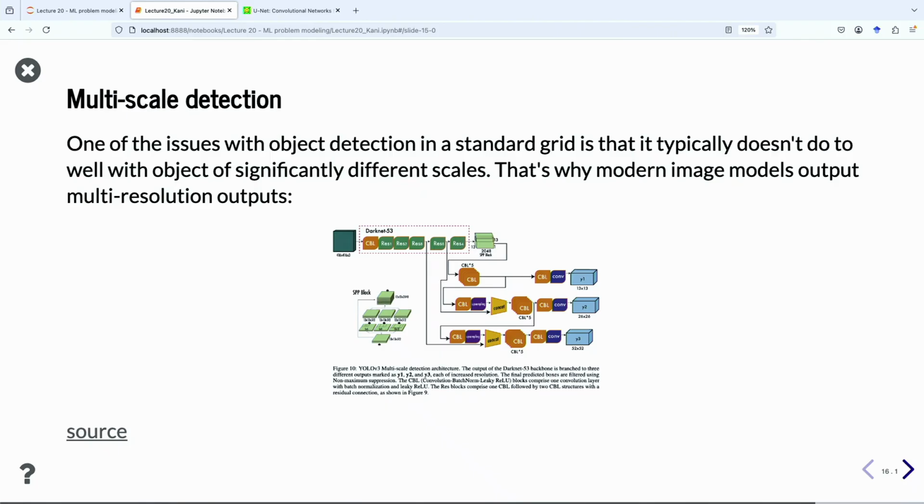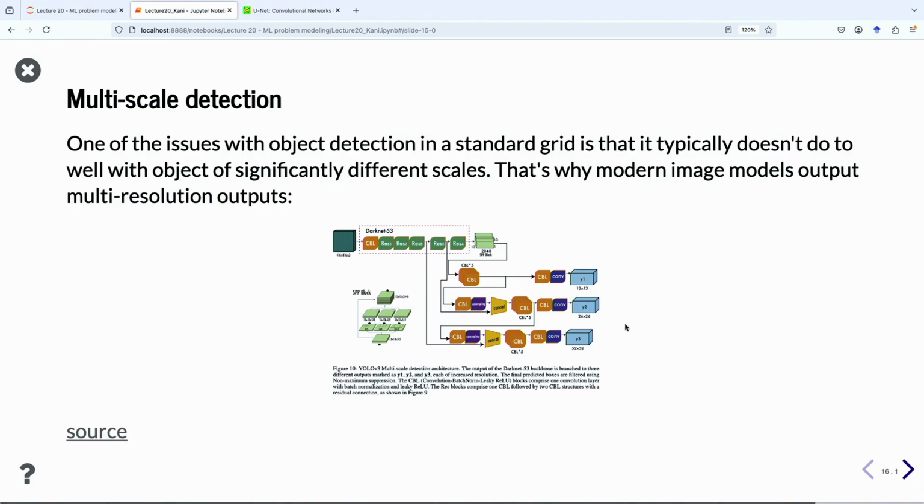So modern image models typically have multiple heads of different resolutions. Each of these heads outputs different bounding boxes, and then you run through non-max suppression and all of that other good stuff to get the bounding boxes of different sizes.